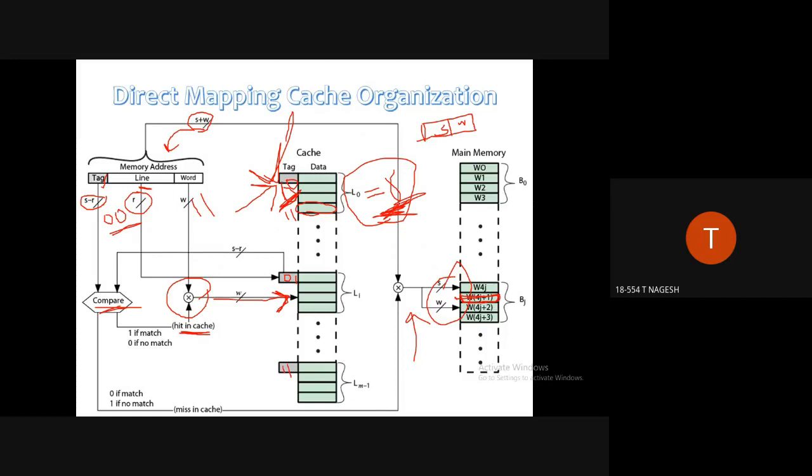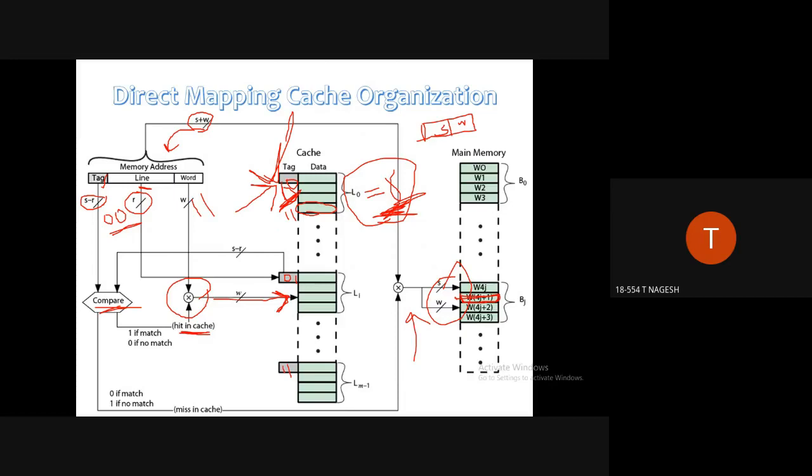So if the data is there, that means if the tag is compared and it is correct, then it will access the data. If the tag is wrong, then it will directly go to the main memory, and from there it will access the data. That means it is simply comparing only one cache line. There is no time waste. This accessing will be very easy, and it will take very less time in this type of technique.